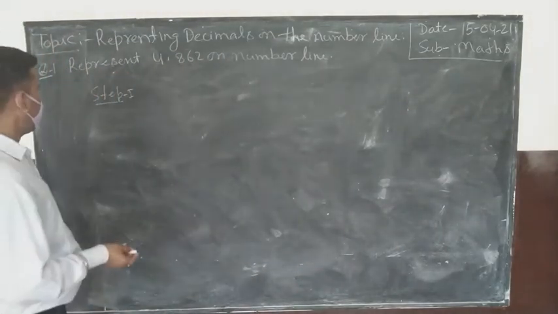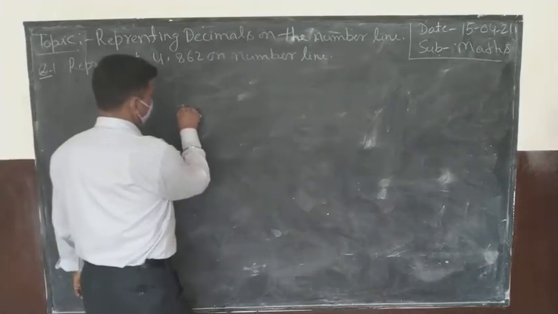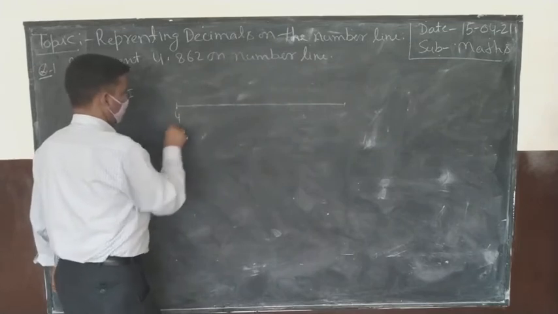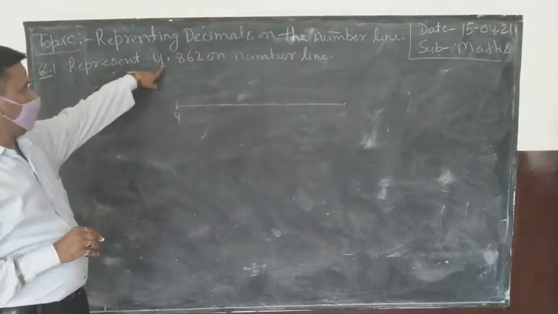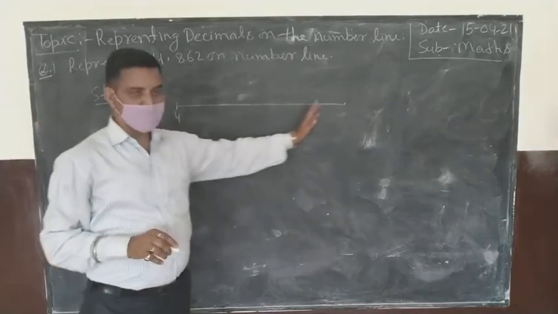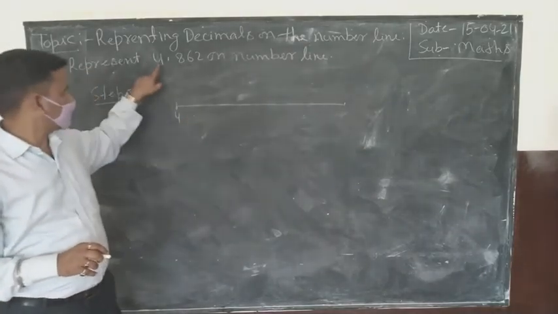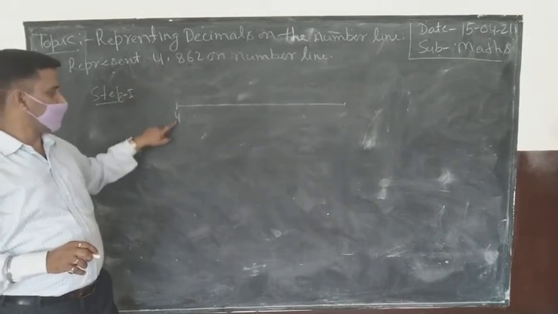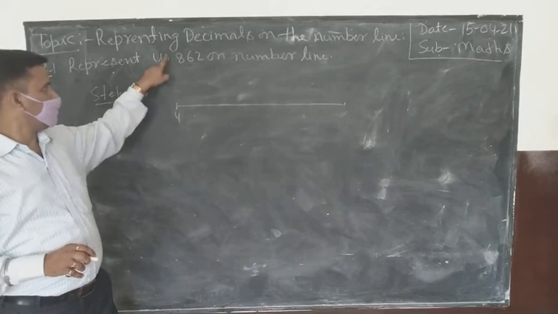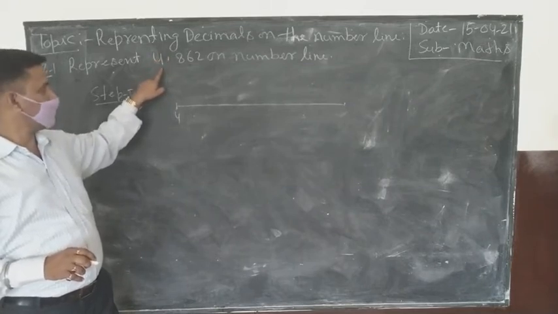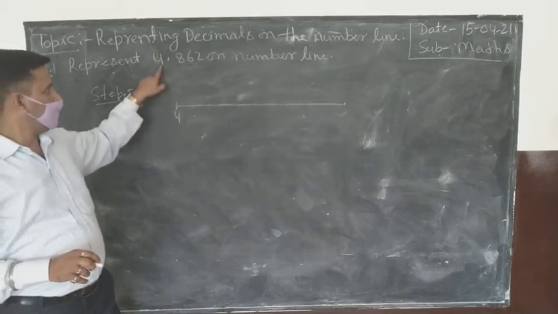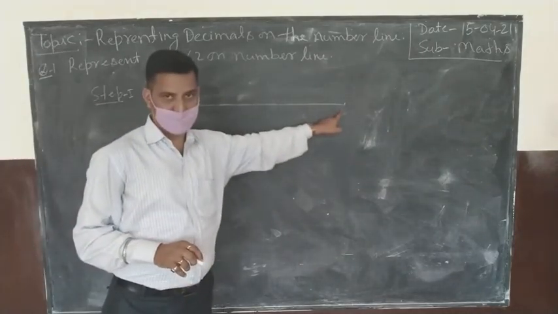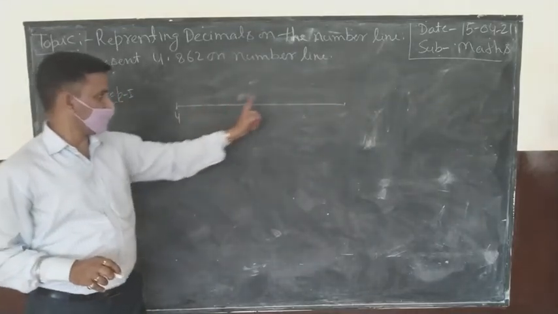First of all, you will draw the line in this way. Suppose this is 4, the first part. Then this line you will divide into equal parts. The starting digit is 4, so you write 4 here. If the starting digit were 3, you would write 3. So whatever digit is before the decimal, you write it here. Then 4 point something, so the end digit is 5. Here you write 4, and here you write 5.